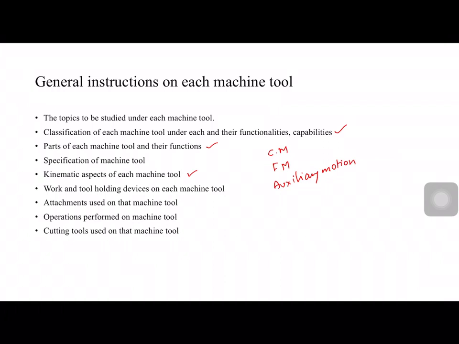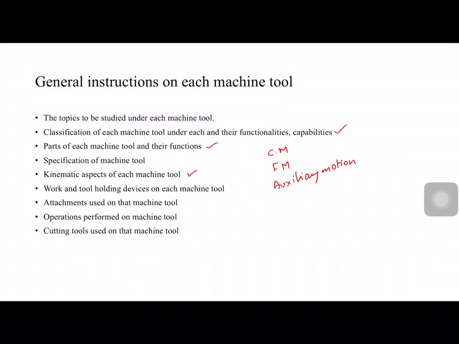The functionality of the chuck is what? The functionality of the chuck is it can hold the regular and irregular jobs also. That depends on the type of chuck you are utilizing. If you are talking about the 3-jaw chuck, it is typically used for holding the cylindrical work parts. And the main functionality of the chuck is it can hold the work part and it is also rotating the work part. If you look at the other accessories, that is the lathe centers, dead center and the live center.